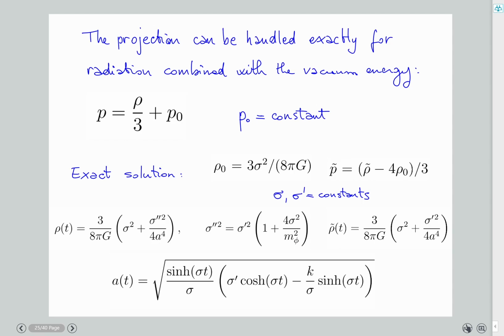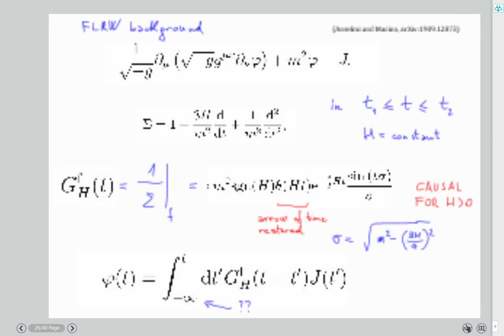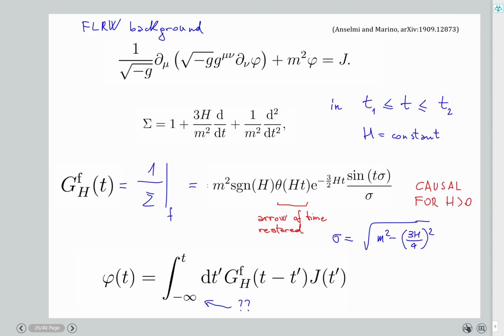Okay, so in general, if you take, for example, dust, the other situations that are interesting for cosmology, radiation, vacuum energy, and dust. In the case of dust, nothing simplifies like this, and you would get asymptotic series. But there are some situations where the universe conspires to make itself causal. For example, if you study the equation of a scalar field with a source in a background, the Friedman-Robertson-Walker background, then you again get this